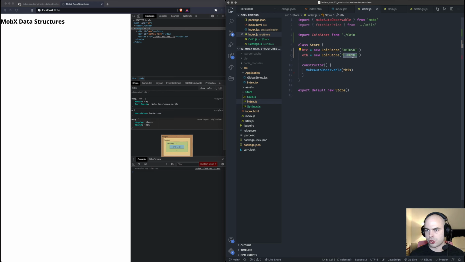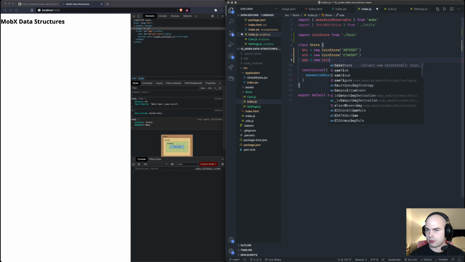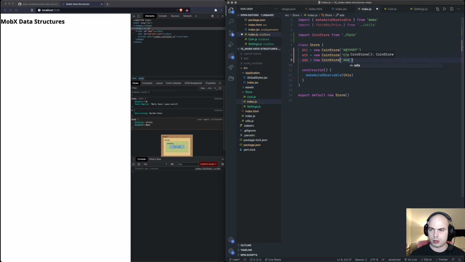I'm not 100% sure, but we'll see in a second. Okay, and then I could also do one for ADA. Yeah, we'll check on those ticker pairs, but hopefully you get the idea that I want to have multiple